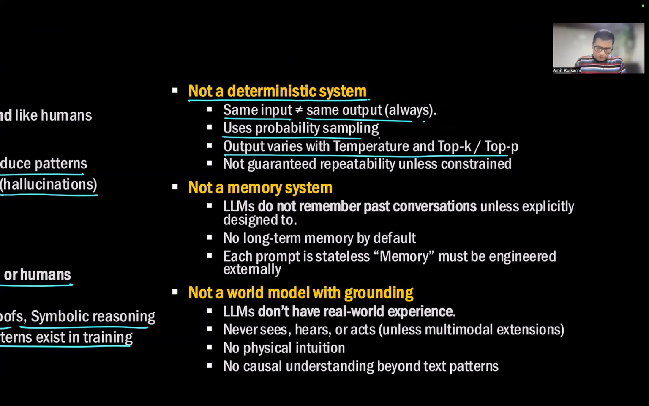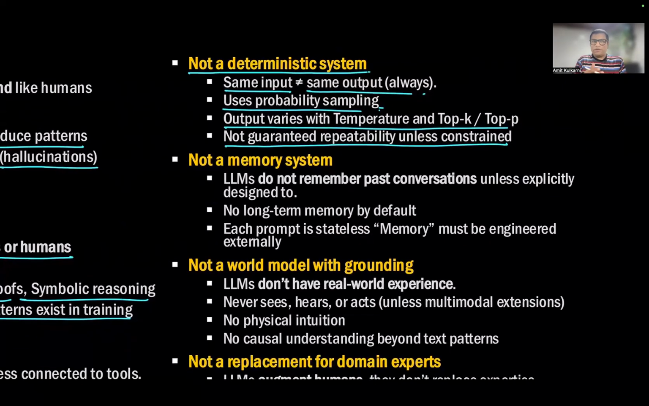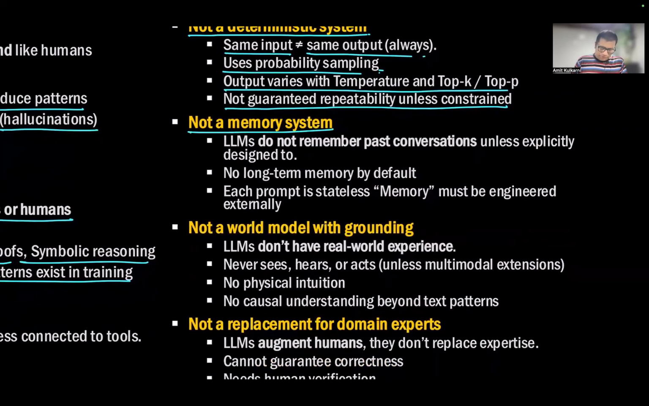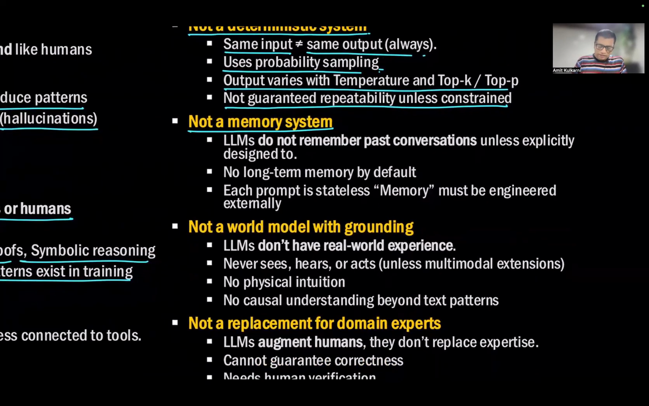More on that later. Or to make it more creative. Again, just a formula. We'll see that in the next week. It's not guaranteeing repeatability unless it is constrained. So probably you can understand it's not a deterministic system. It's not a memory system. I mean, it's not like it remembers every single thing. It does not remember the past conversation unless it is explicitly designed